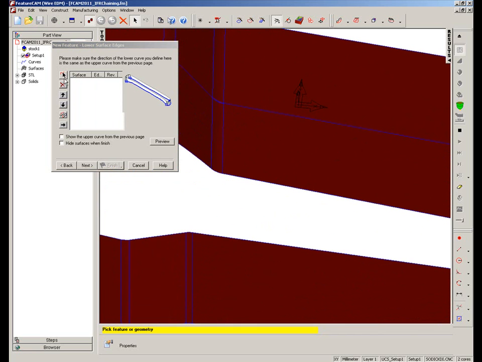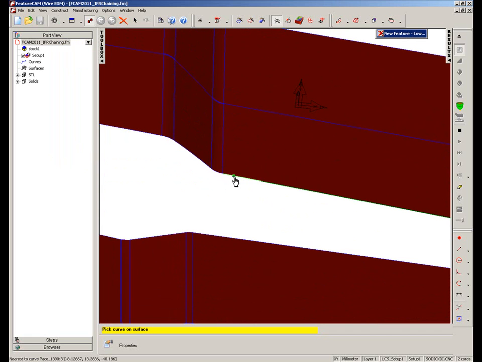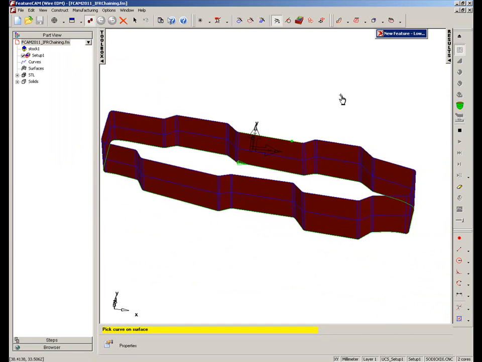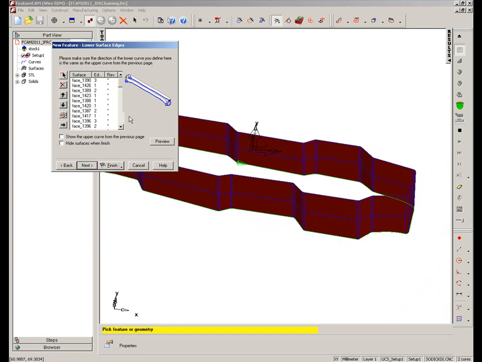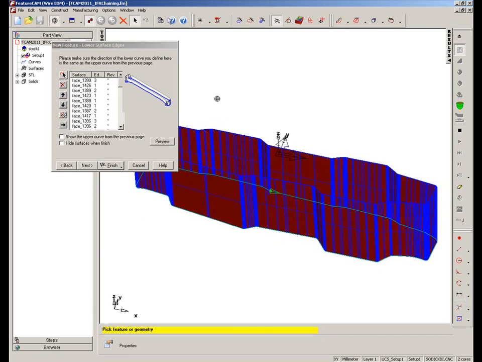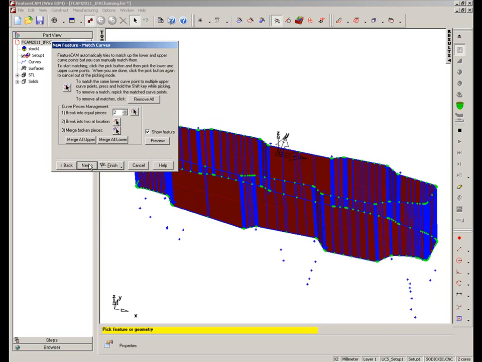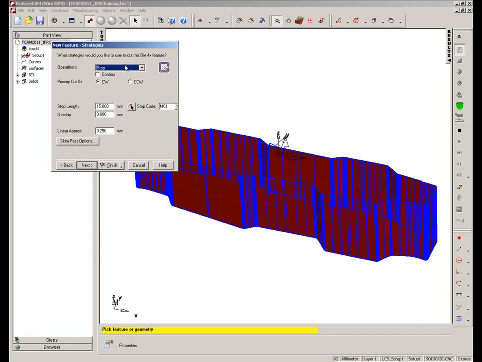I'm repeating the process this time for the bottom curve. Click in the same position to give me my start position. Follow that curve all the way around and then just preview my wire process. Continue through the rest of the options. I'm just going to change this to a contour operation